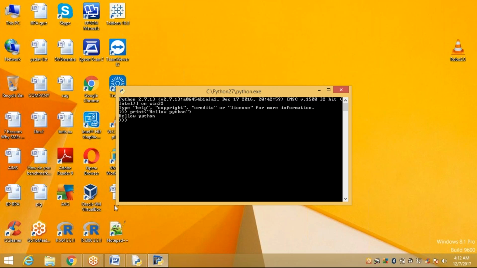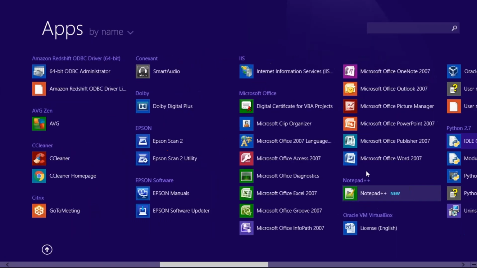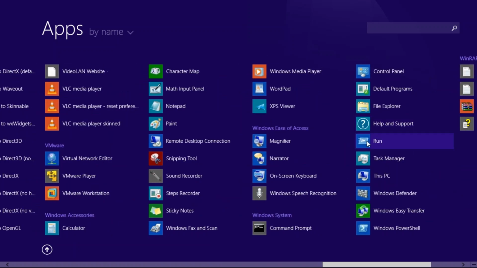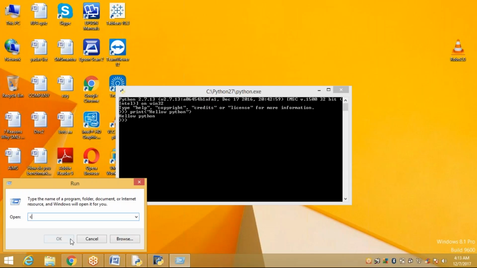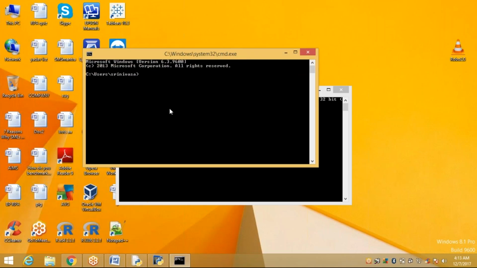You can go to the particular Python command prompt, or I can show you. Click on Run, type CMD. So this is your command prompt. Where is your Python path available in the environment variable?